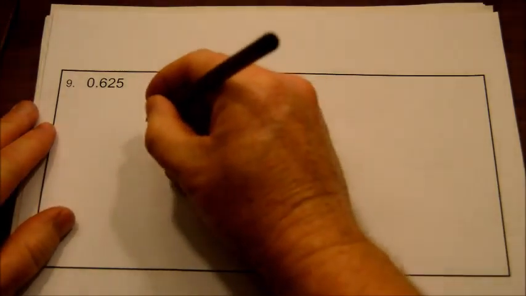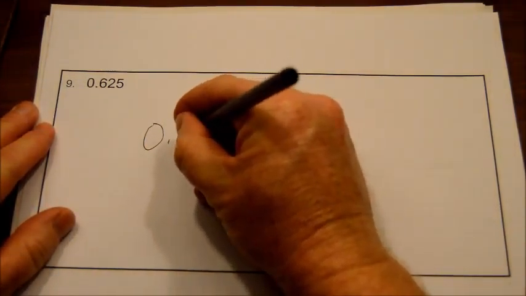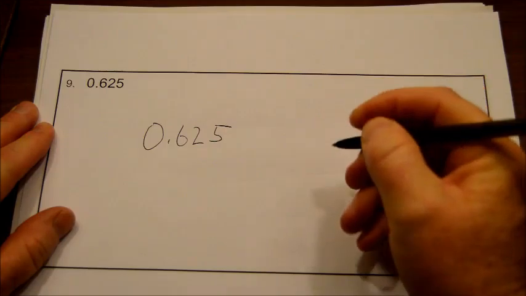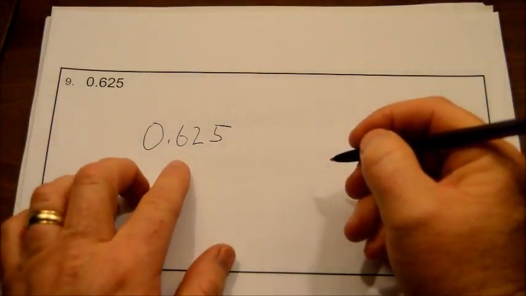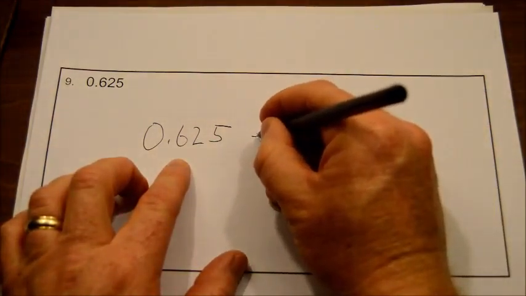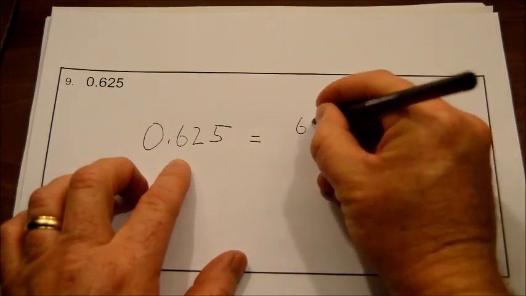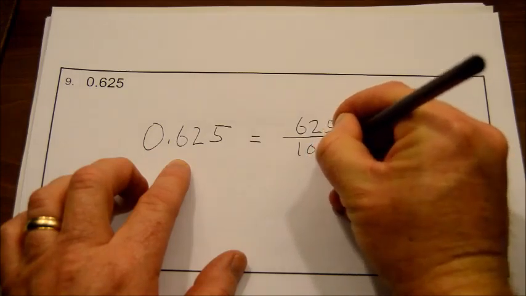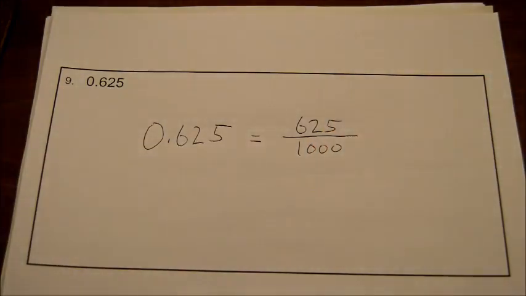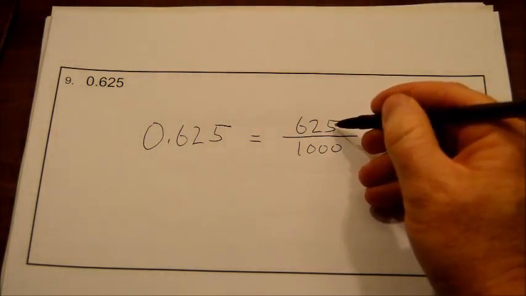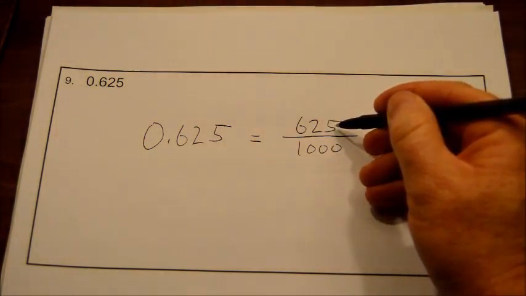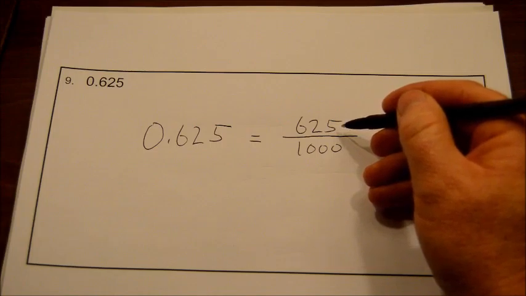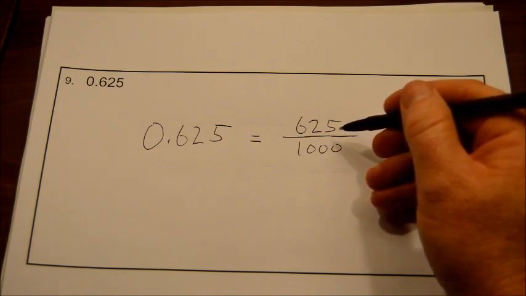All right, number 9, 625 thousandths. All right, that one seems a little scary, but don't let it scare you. Let's write it like you read it. 625/1000. Okay, you know you can simplify this fraction because you have a 0 in the denominator and a 5 in the numerator. And so you could divide it by 5, and then that would reduce it some,